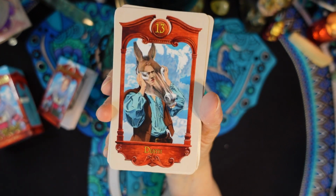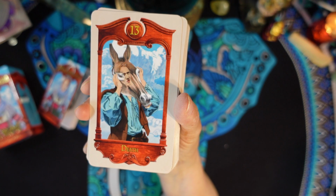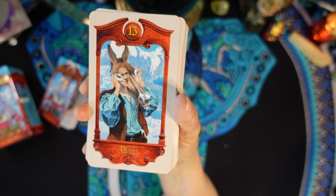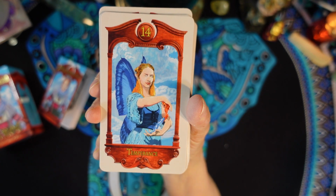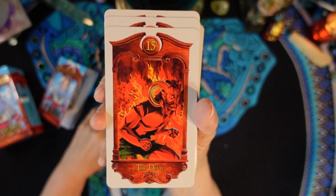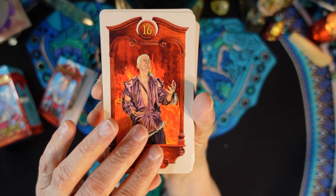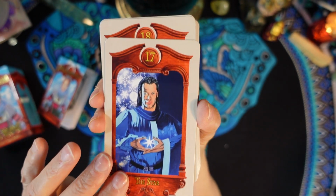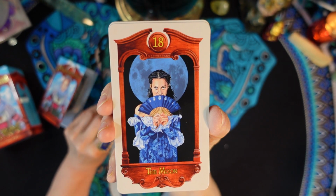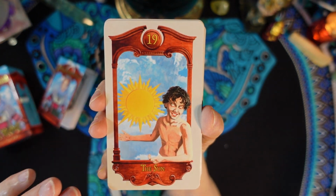It's the, oh, what is his name that has the donkey head? Oh, it's on the tip of my tongue. I can't think of it. From A Midsummer Night's Dream. Temperance, the Devil, the Tower, the Star. So these are all pictures of people. The Moon, the Sun,